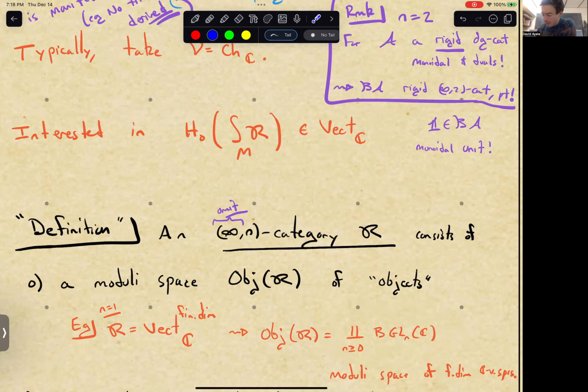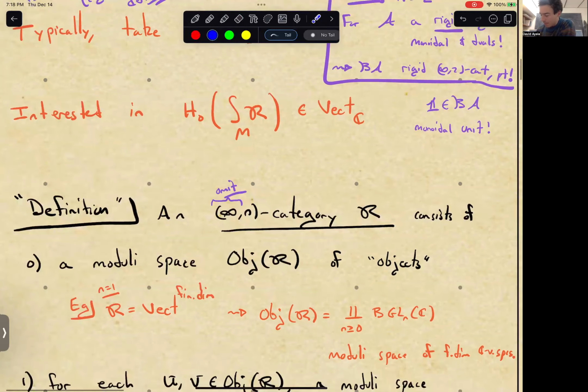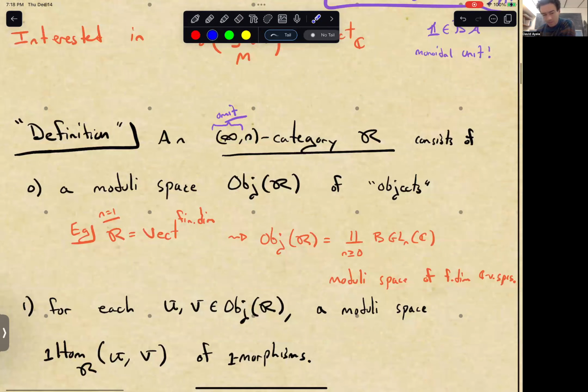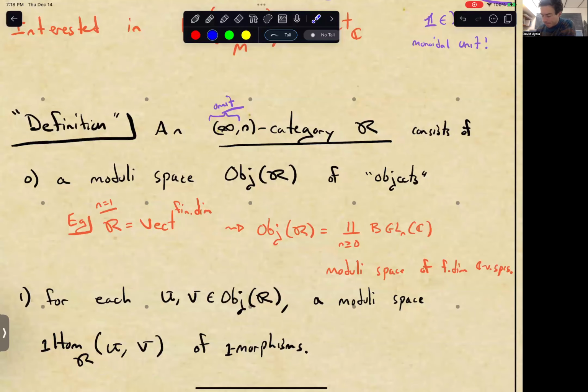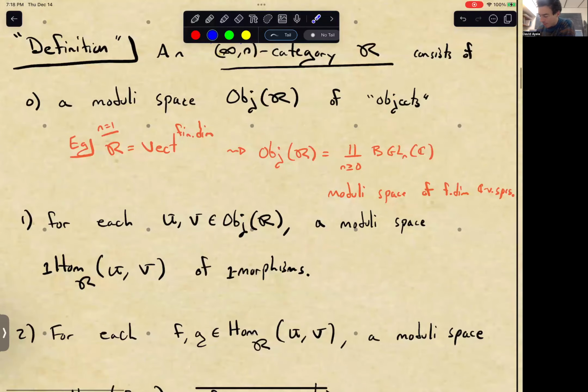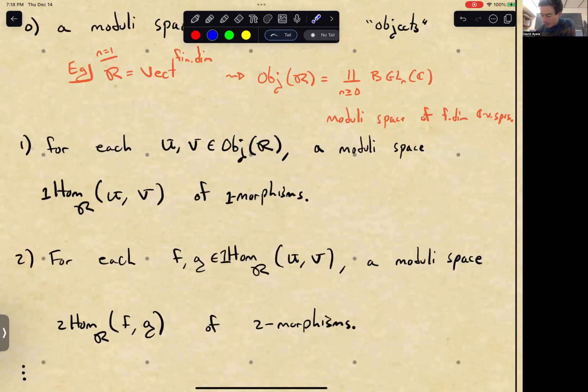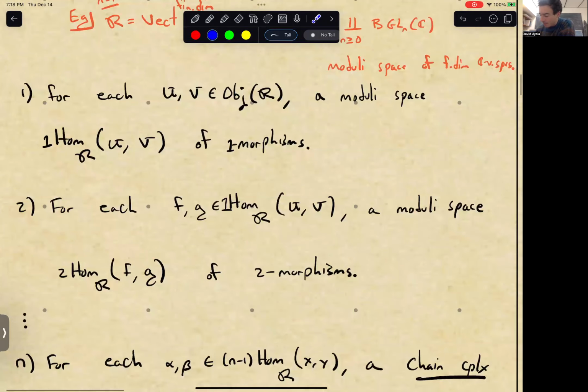So an infinity n category consists of a moduli space. Think of it as the maximal subgroupoid of a given example, such as here. And then for every pair of objects, there's a moduli space of 1 morphisms. And for every pair of 1 morphisms, there's a moduli space of 2 morphisms, etc. And at the very top,